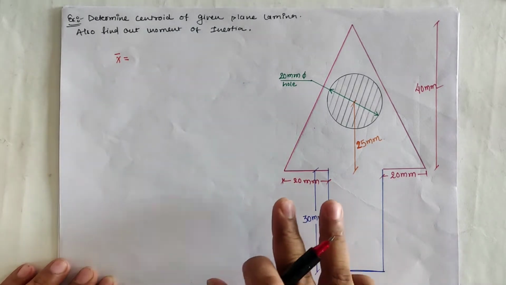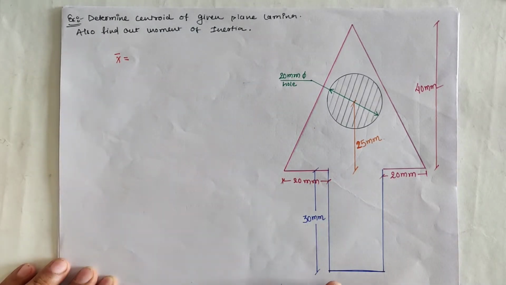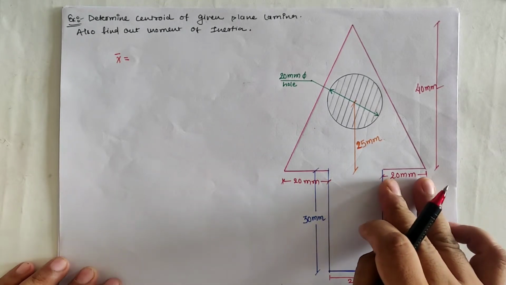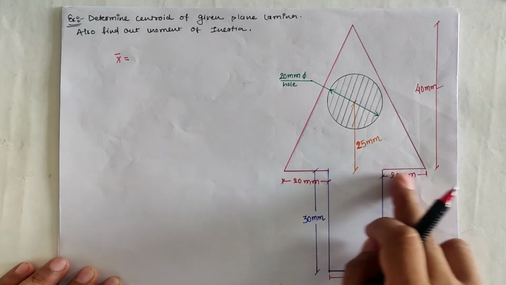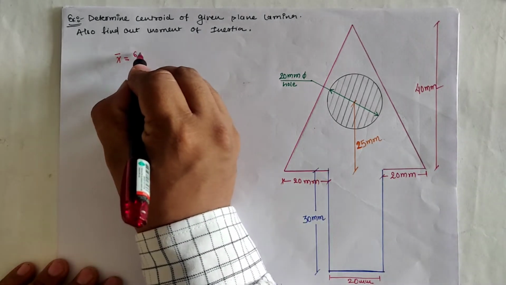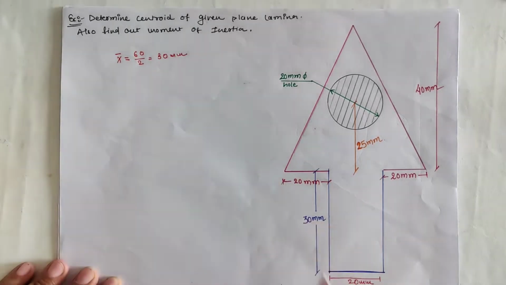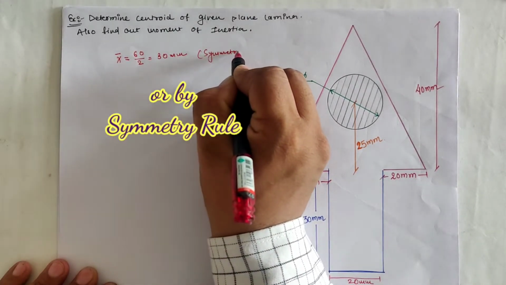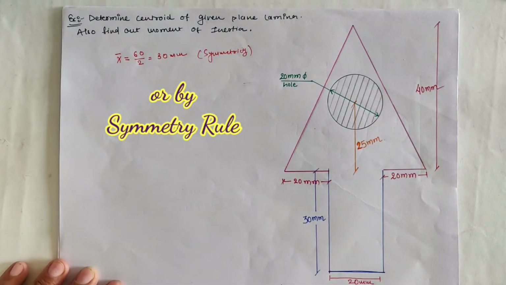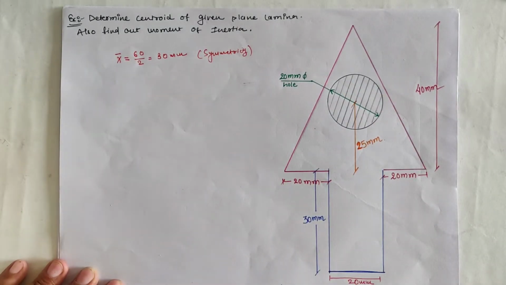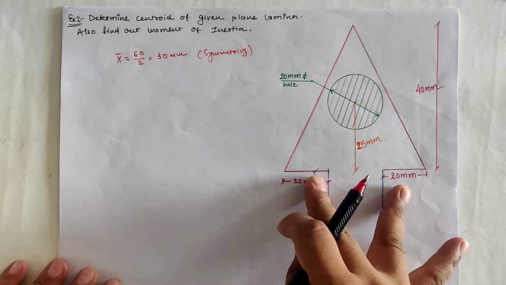as the given figure with respect to the extreme left axis as 20, plus we have the 20 mm diameter hole. So the total value of this bottom part is also 20 mm, and another 20 mm part as a right part. So the total distance is 60 mm. So x bar is at 60 by 2, which is 30 mm. We can directly use the x bar value as the maximum distance by 2.